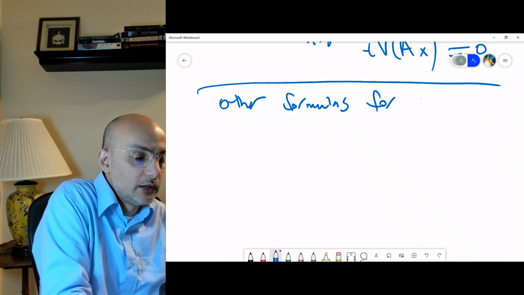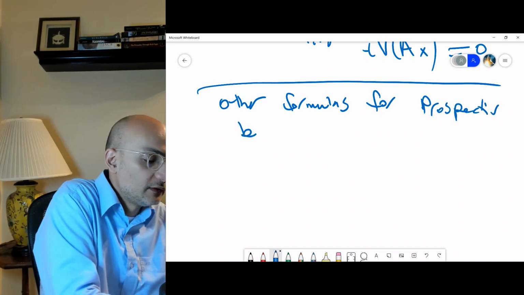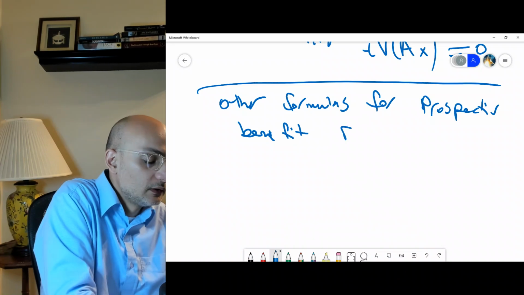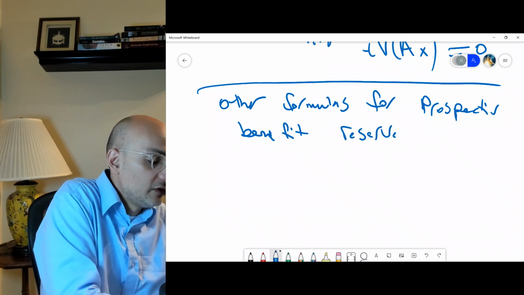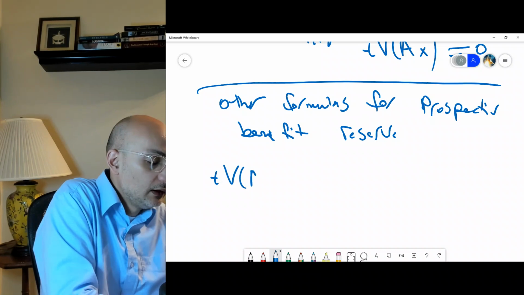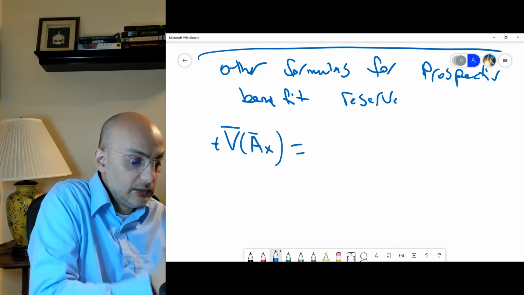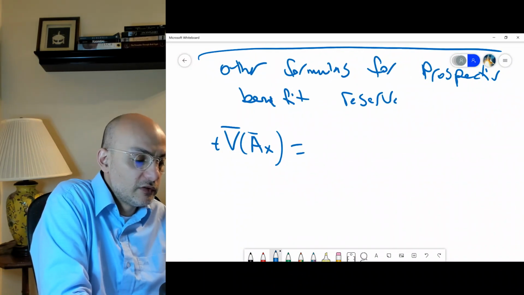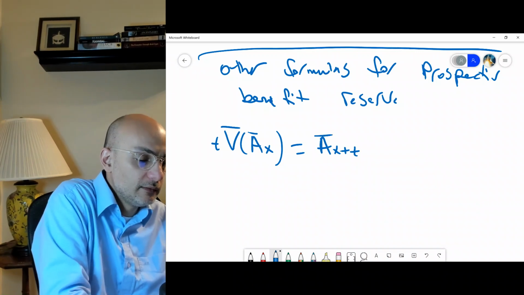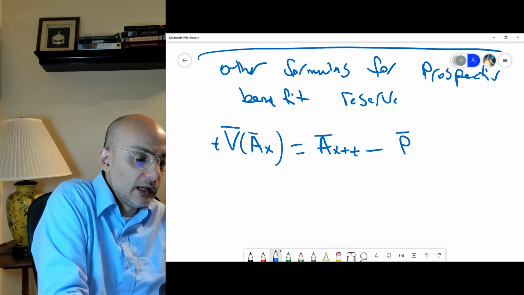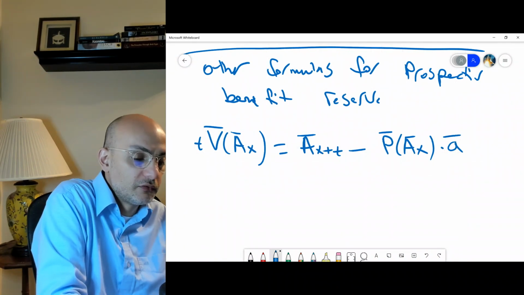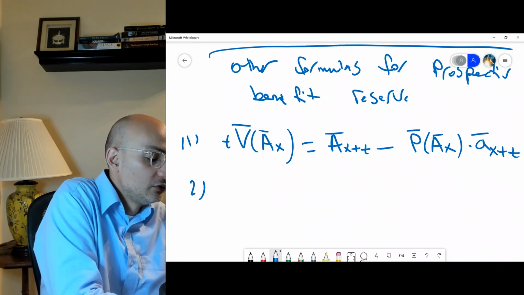for the prospective benefit reserve, which is tVx. We remember the first one, the standard one. We look at how much we need to pay and subtract from it the annuity, the stream of income for premiums. This is one. Now two,